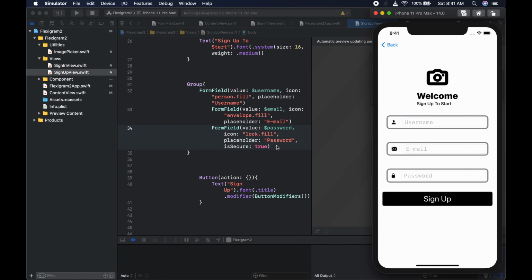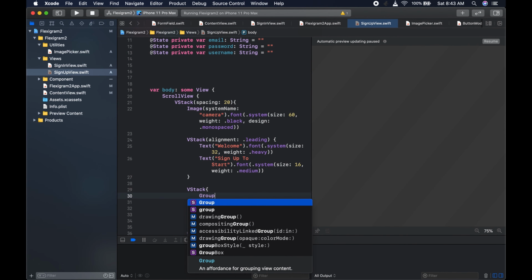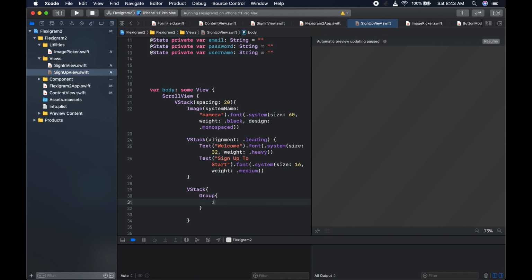Now the next thing we need to do is set up our image, connect the image select. We're going to have an avatar and the avatar circle, and we're going to connect the image picker to it so that you can select an image, and that's what you're going to do now. Above the groups, after the two texts of course, we could have a VStack which will contain everything. And in that VStack we could have a group. Let's have another group, and in it we could say if